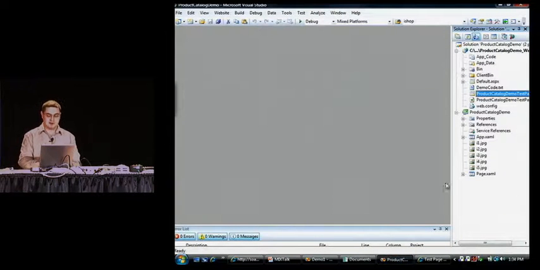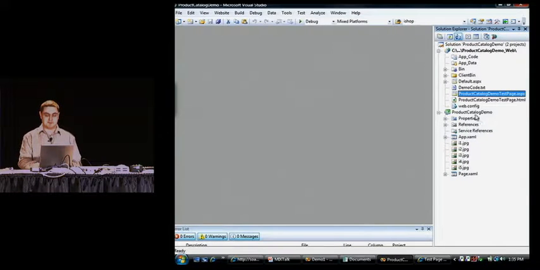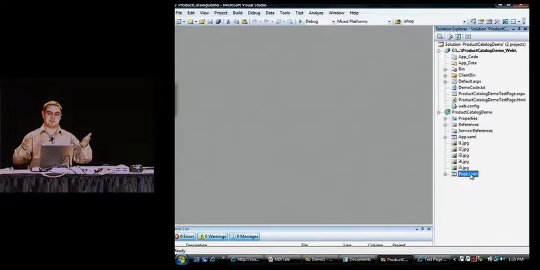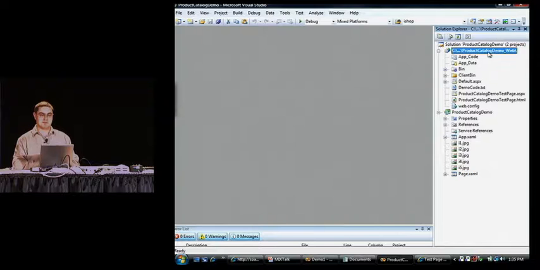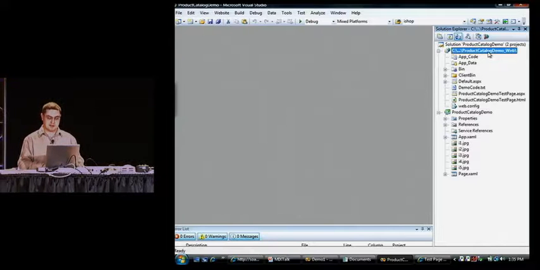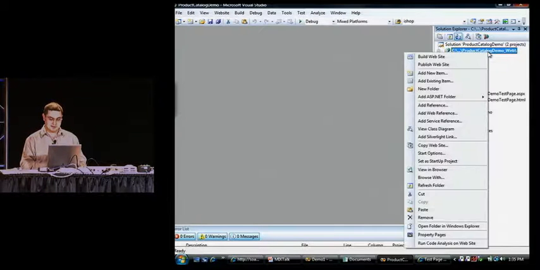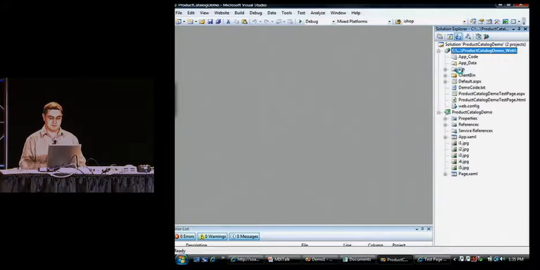Let's look at the code. So I'm actually working with two projects here. The first one is my Silverlight project. This is where my XAML page is that actually defines what my application looks like. But this is my server-side project. And I'll start on the server side, and I'll start by actually creating that service that will serve up the product data. And the way I do that is by going to add new item,